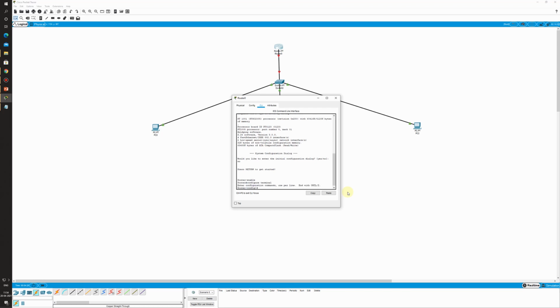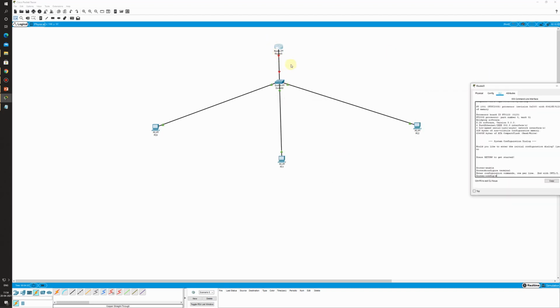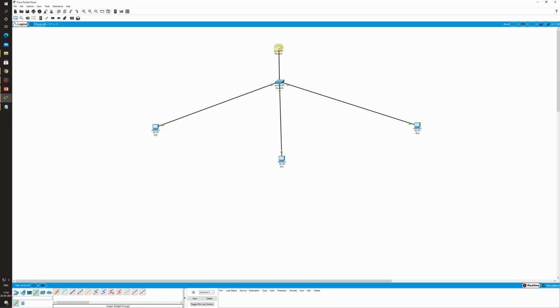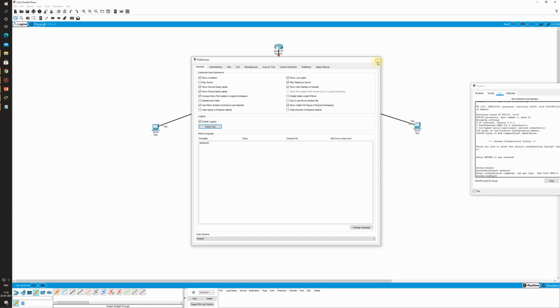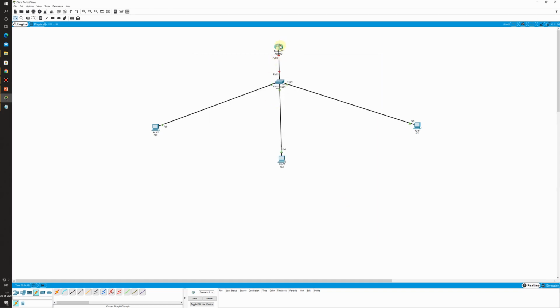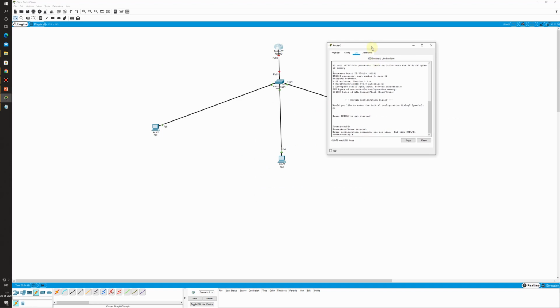Here I will enter the interface. So what is my interface where my IP needs to be configured? It's FA0/0. To check the interfaces, I will turn on the port level option. So here it is FA0/0. Therefore I will go to interface FastEthernet 0/0. So I am in the interface.